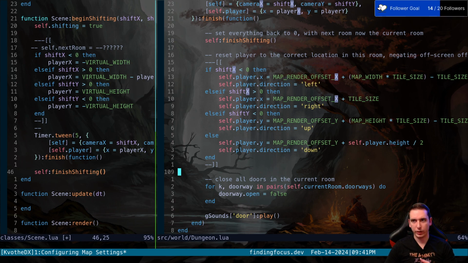Reset player to the correct location in this room. Okay. So what happens here is we're tweening the value off to the next screen, but that's not actually changing our player's actual location. So once it finishes tweening, then we need to actually set its X position to be the correct location. So we need to do some math here to figure out what that would mean